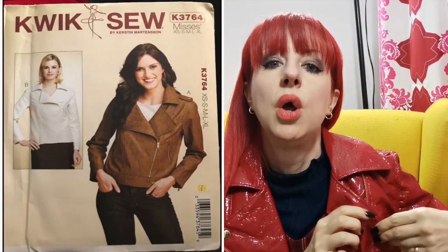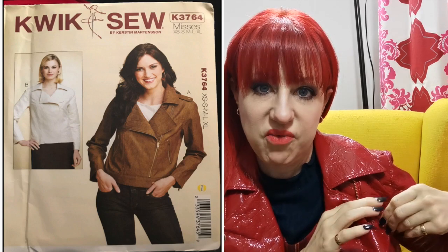So, high on the success of that coat, I then decided to make myself a moto jacket. I have wanted to make one for ages. I had a couple of patterns. I had this Kwik Sew pattern and I had the Mimi G pattern. The Mimi G does not have the kind of traditional moto jacket collar with the revers and this bit that pins back, and so I decided to use the Kwik Sew pattern, which looks pretty hideous from the pattern envelope,